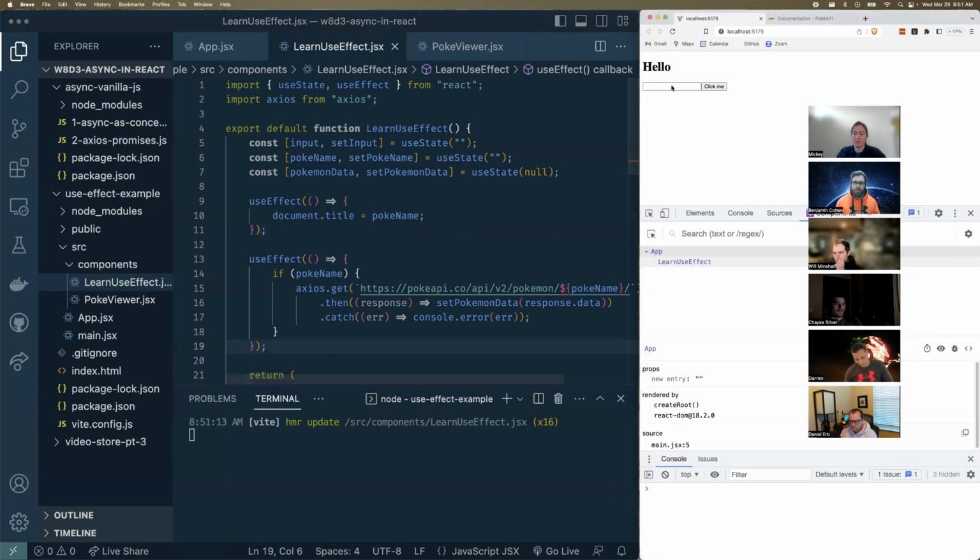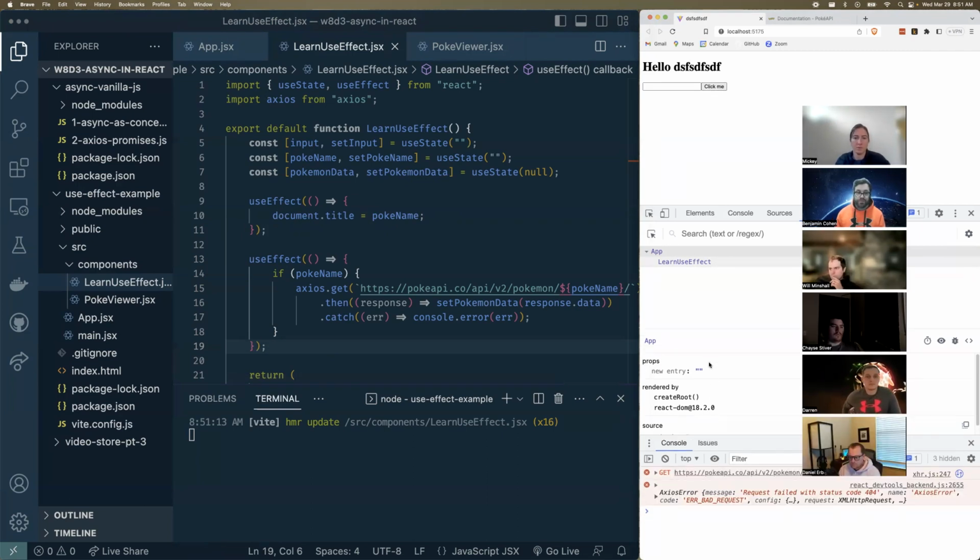I'm going to trigger that. Yeah, this runs on every re-render. So when I updated Poke name, that re-rendered things, and so this ran and we got our error. It's fine in this case, but